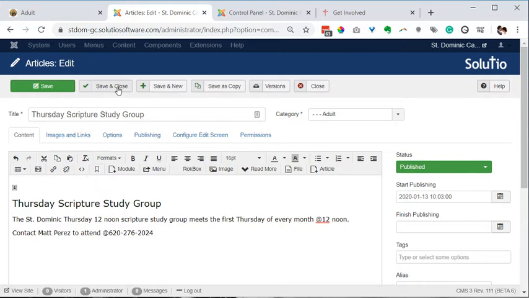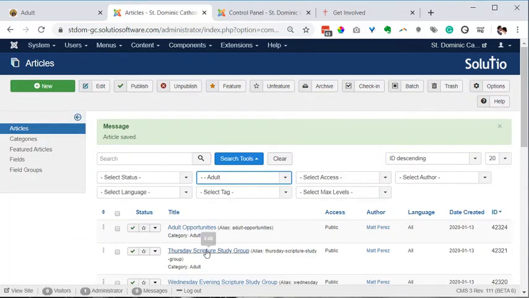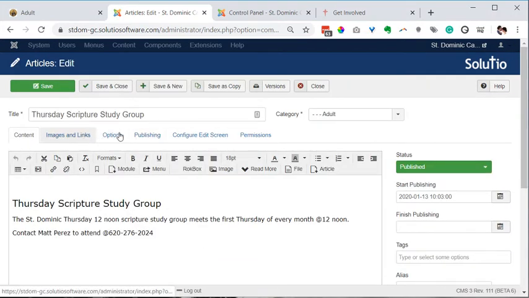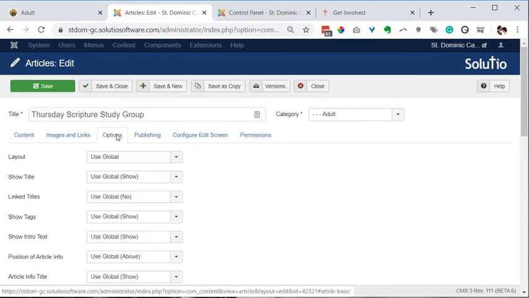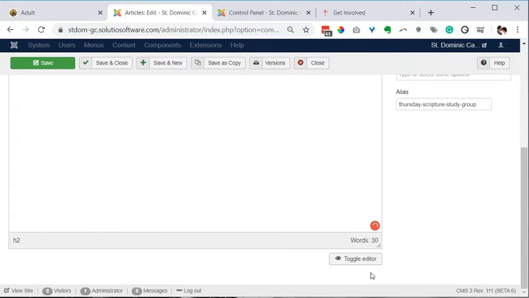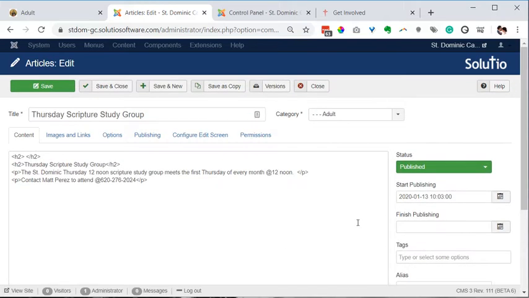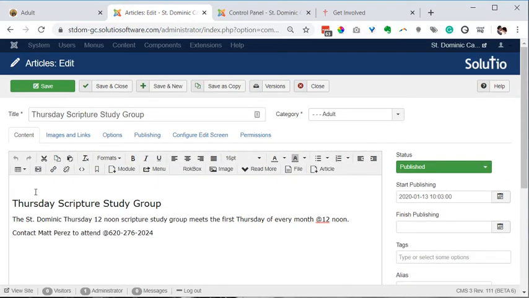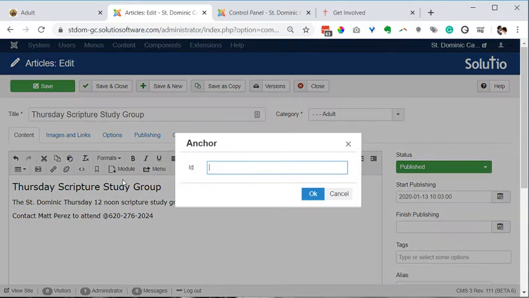So let's do that again in another article. Whoops, let me go back into that because now I'm going to see the title twice. Under options for this article, and it looks like it stripped out my anchor. Sure enough, it's not there. Let me try one more time. Anchor, scripture study,